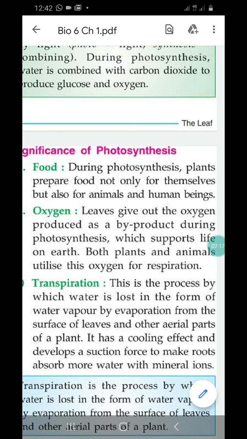What do you mean by respiration? Respiration is nothing but producing energy. The food we eat in our body or in a plant body, in order to produce energy, the food is broken down in presence of oxygen to produce energy. With the help of that energy only we are able to do our work. So oxygen is very necessary for the process of respiration. This process of respiration is carried out by plants and animals too. Is it clear, children?